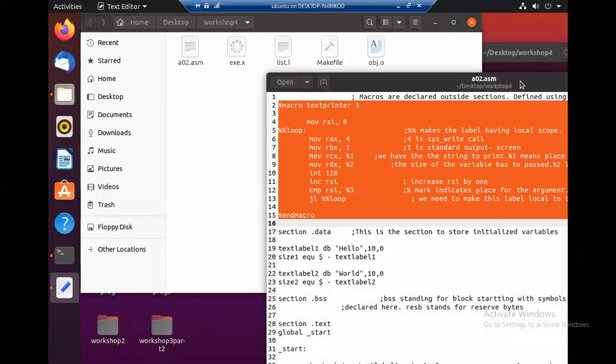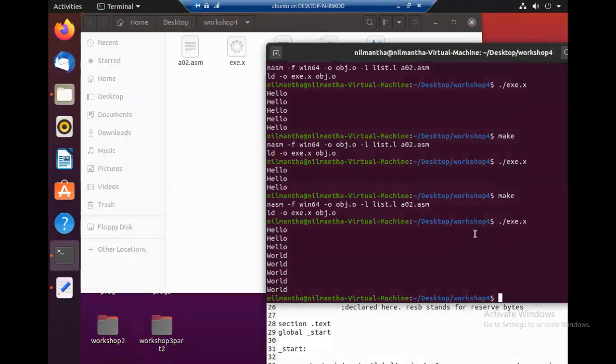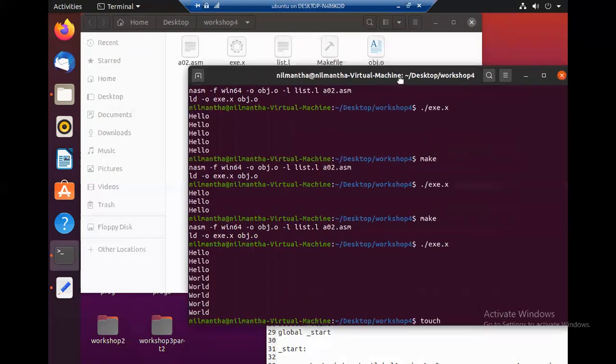So we are going to create a new file. How to create a new file? In the first workshop, I explained it's using touch, or you can use the cat command. I'll use touch repeat.inc. Files that are included in an assembly program, you have to save in the format inc, including files, inc files.